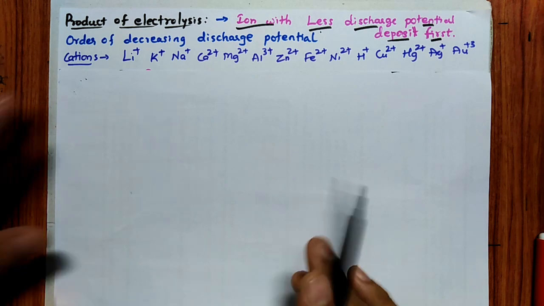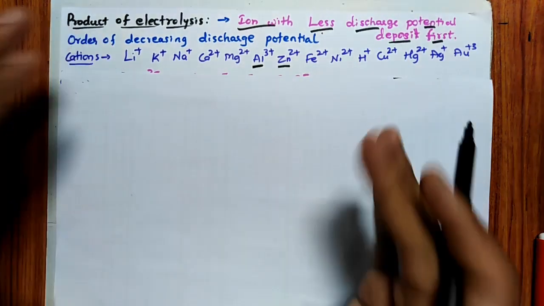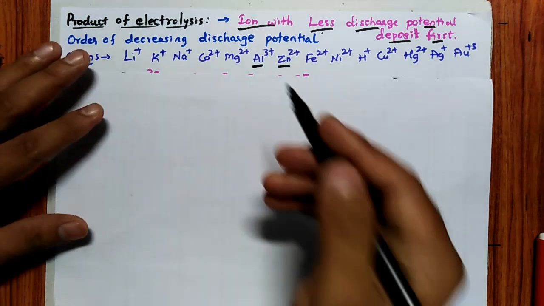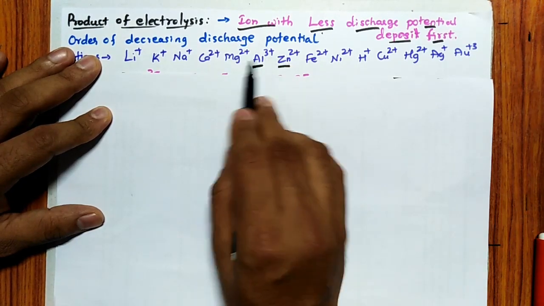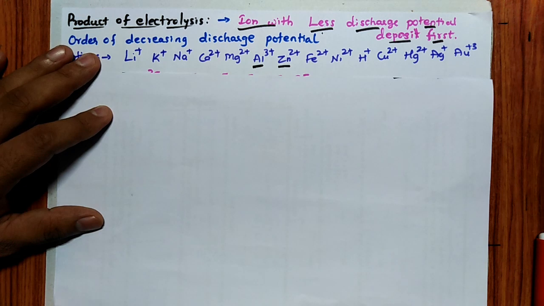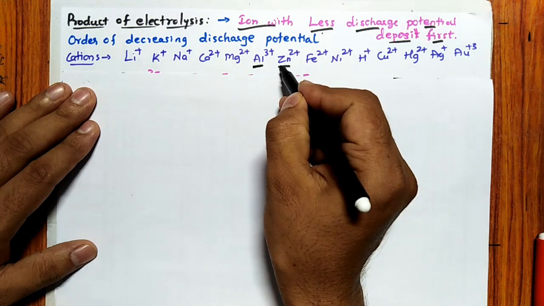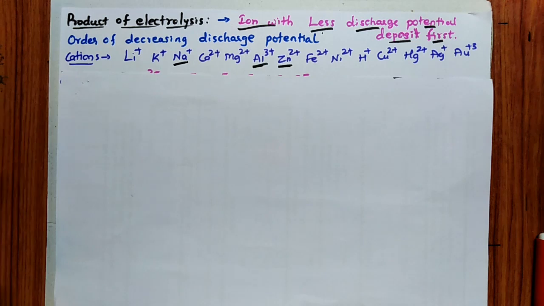The meaning is that, just imagine we have aluminum and zinc ions in the electrolytic cell. Aluminum 3+ and zinc 2+ ions in the electrolytic cell. Then, when you pass electric current, which one will go and deposit? Remember, the ion requiring less potential will go and deposit first. Which is requiring less reduction potential here? That is zinc, remember. So zinc is going to deposit. Like that, sodium and aluminum, which one will go and deposit?